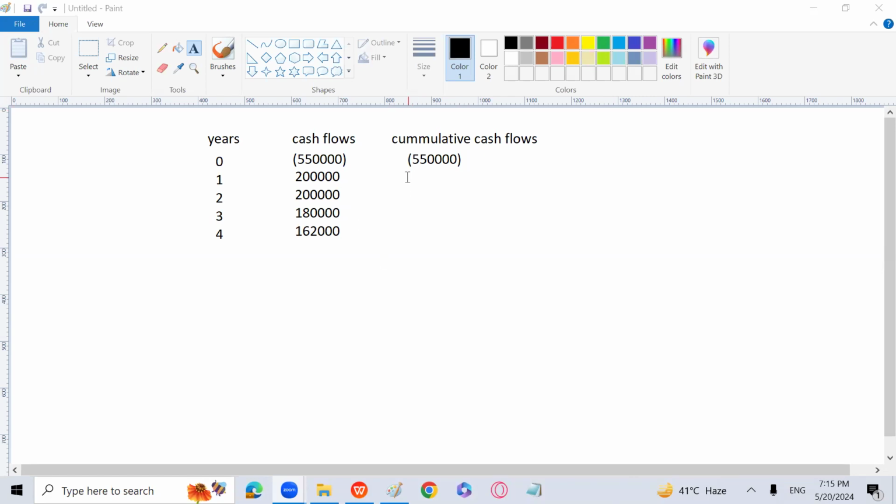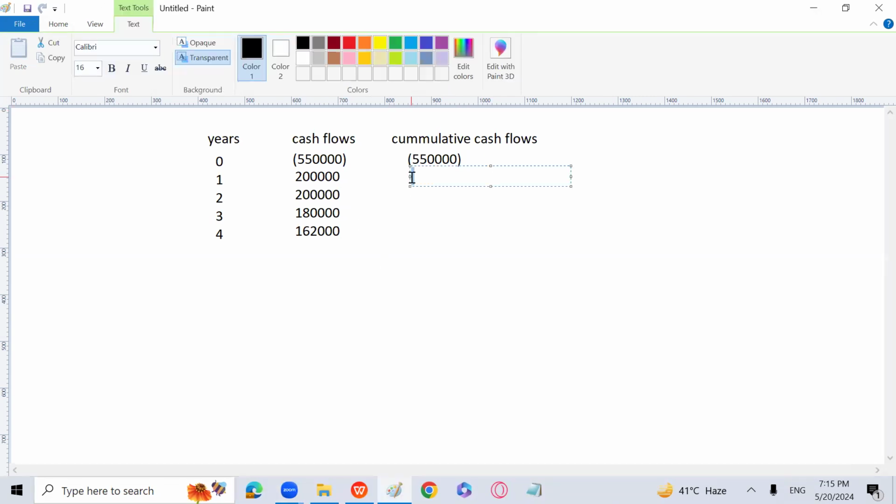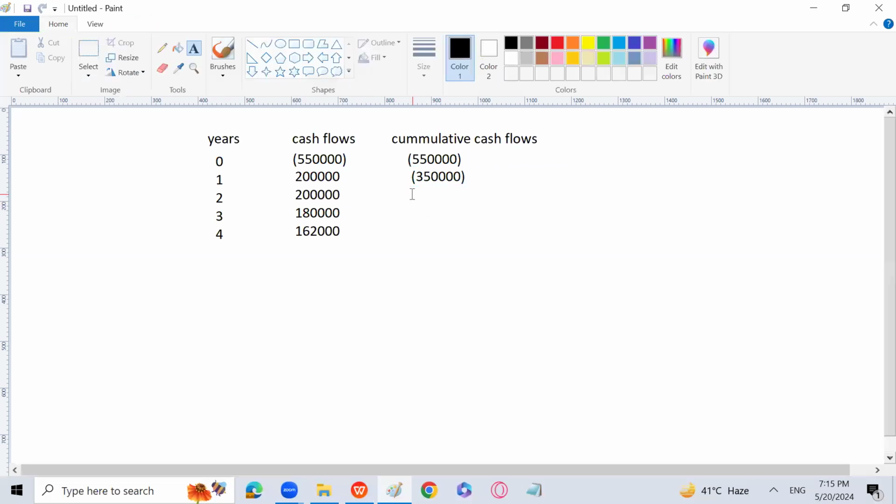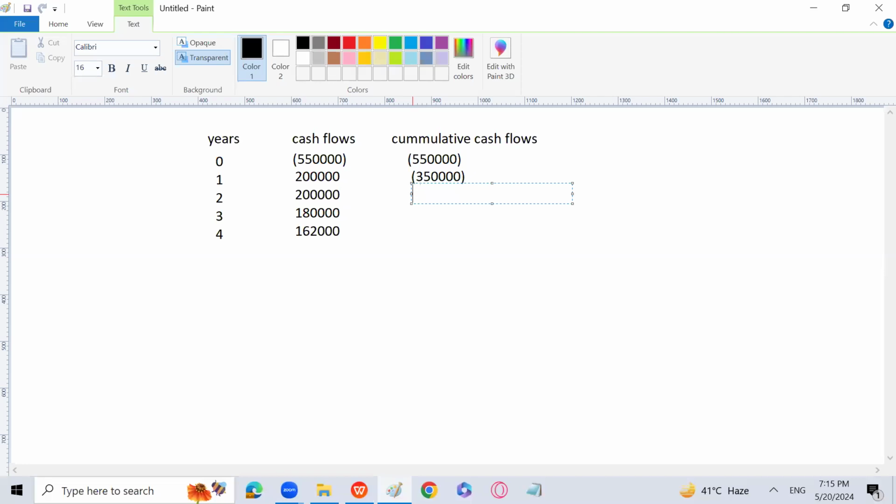That's very good, Tayyab. Let's calculate it. 5,50,000 is the negative. 2 lakh is going to be received. So the remaining amount is going to be, again, negative, because in the first year you are getting 2 lakh. So out of 5,50,000, 2 lakh has been received. The remaining amount is going to be 3,50,000. Then again, 2 lakh has been received. The remaining amount is going to be negative 1,50,000 because you are combining the cash flows. And when the amount of cash flow is more than the remaining cumulative amount, you will stop the question. So it means that the payback period